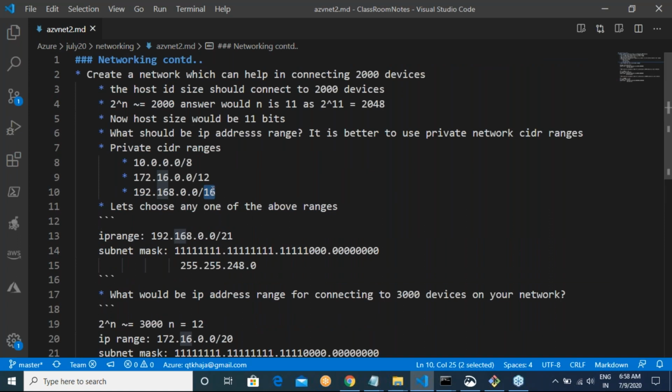You have to use something which is, right, less than. Here this is the minimum value. This is the minimum value of your subnet mask. It cannot be greater than that. It cannot be less than that. Okay, so for example, I cannot use this subnet mask if I want to do something like 10.0.0.0/7. Then it will not be a private address. Then it will not be a private address. Am I clear on this?